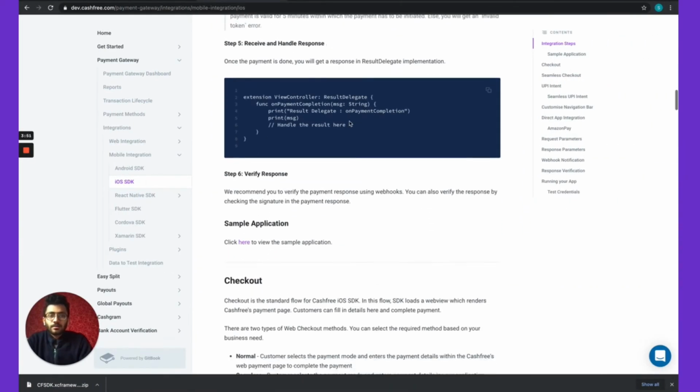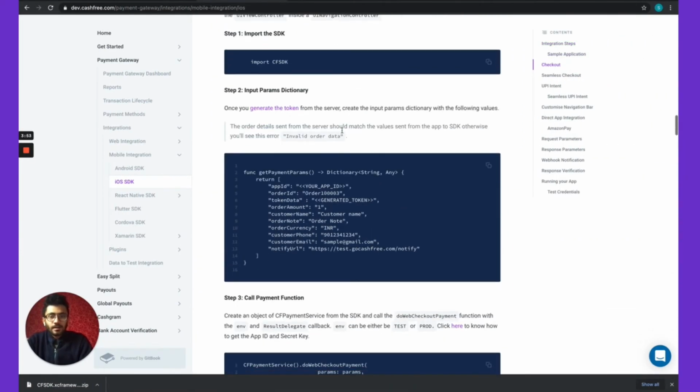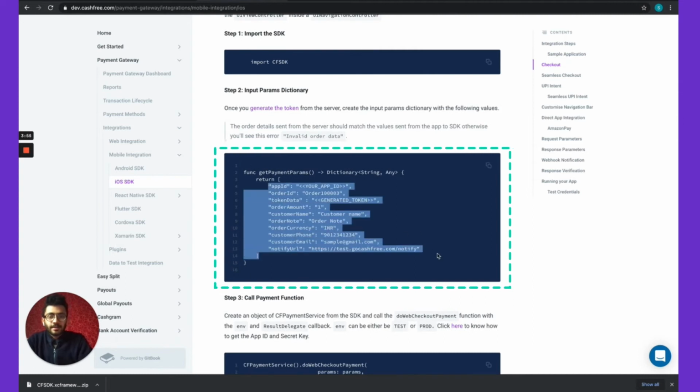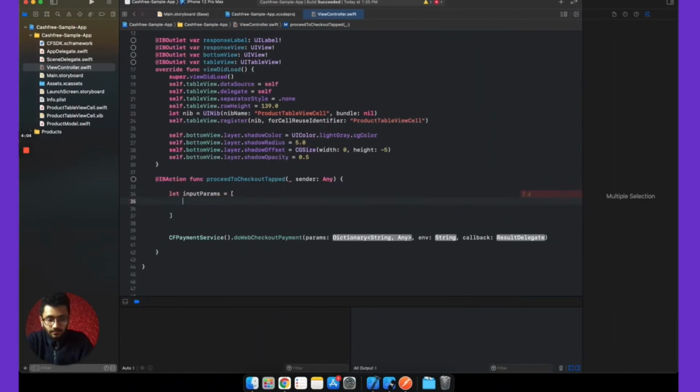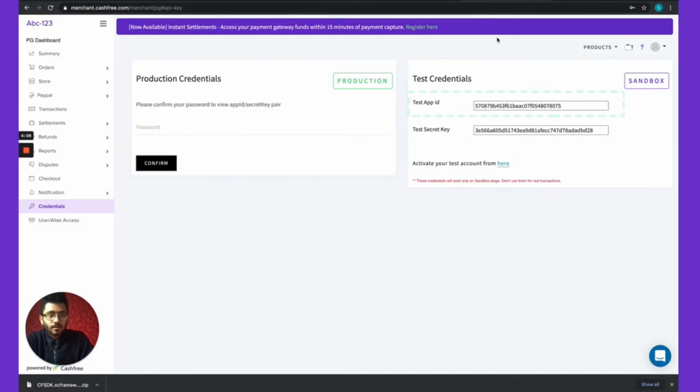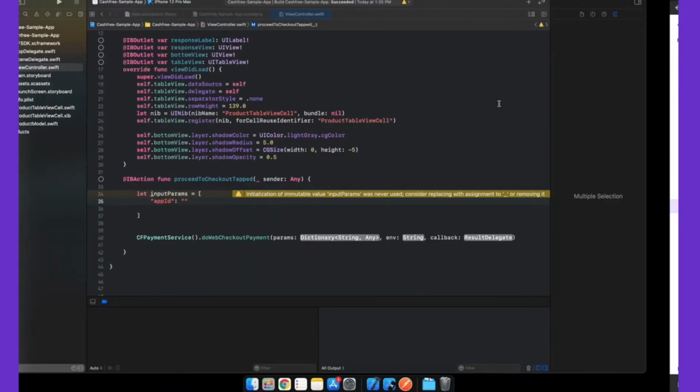If you scroll down in the documentation, the input params consist of all these key and value pairs. Some of them are app ID, order ID, token data, order amount, and more. So let's get that done. For the app ID, copy this and paste it over there.